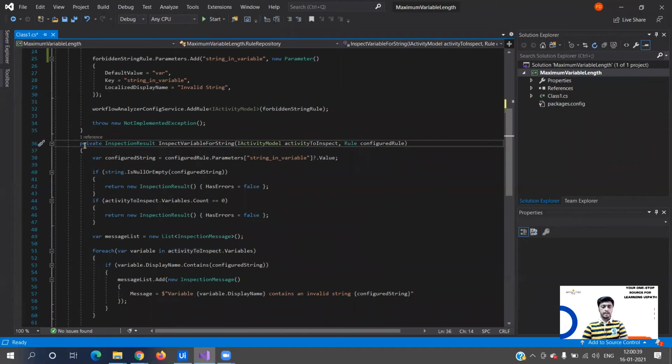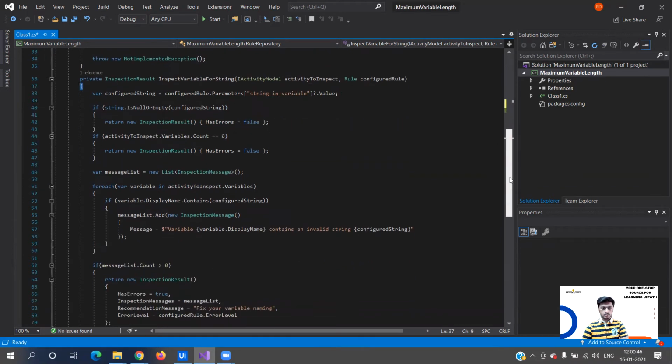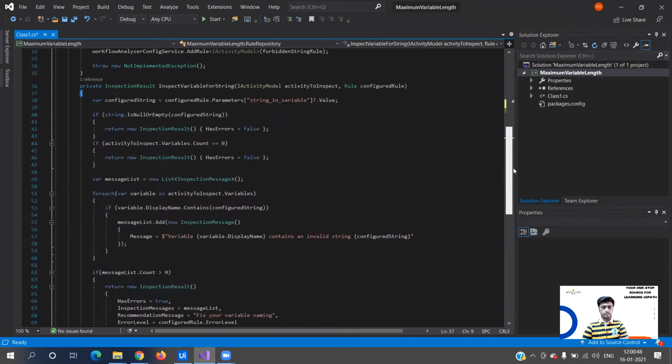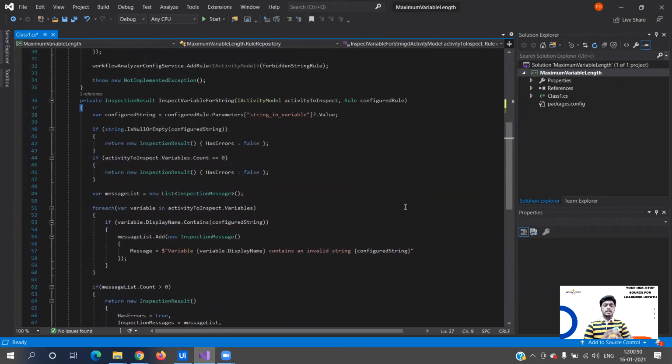So this is private. Now if you see, the end of this function is somewhere over here below, right? So private inspection result, inspect variable for string, IActivityModel, that is the activity to be inspected, and the rule configuration. Now the first thing, where configured string is equal to configuredRule, that is the parameter that we are passing, dot parameters.